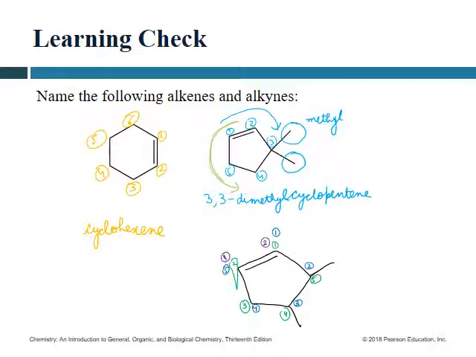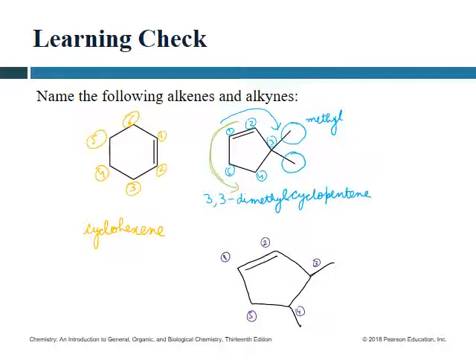So if you start from here, 1, 2, 3, 4 and 5, that would be the best numbering that is possible for this particular compound. So I can simply get rid of the ones that I had before. This is the best numbering that I'm getting for this particular structure. So my double bond is between 1 and 2, which is fine, and my substituents are getting